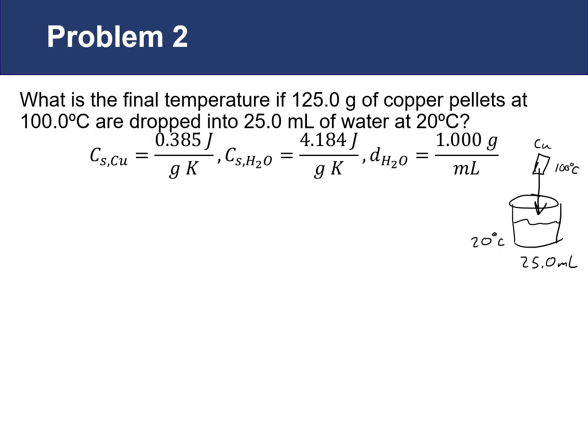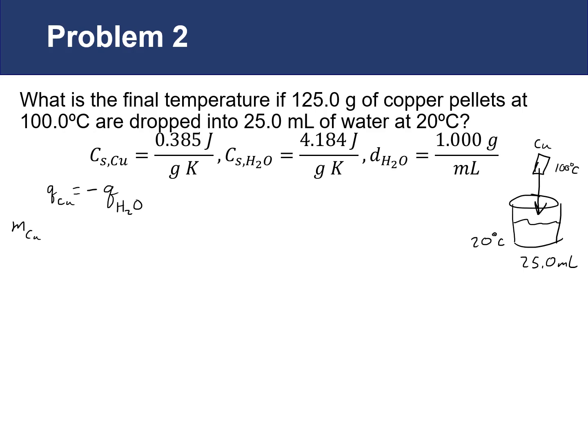Okay, so the warmer or the hotter of the two objects is the copper, so energy will be coming out of the copper going into the water. So we can start with an expression for how the heat is flowing. The heat of the copper is equal to the negative of the heat for the water. Right? If energy is flowing out of the copper, it's going into the water, and so they're going to be opposite in sign. We can replace our Q values with the specific heat capacity equation, giving us